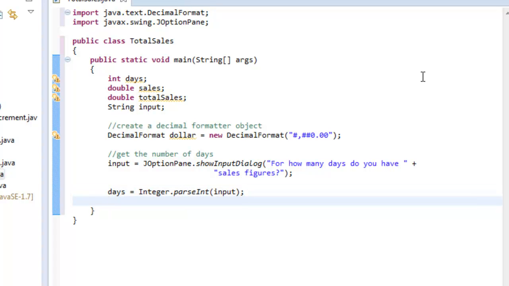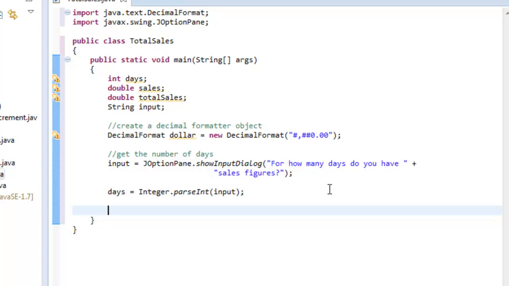So, once you grab the input in string format, you have to convert it to an integer. Now, we aren't doing what we call exception handling. We're not checking for errors. If what the user enters is not parsable to an integer, you're going to have a problem. It's going to crash. But we're doing this just to learn what we're doing right now. Adding exception handling is really not that difficult. We'll talk about it in